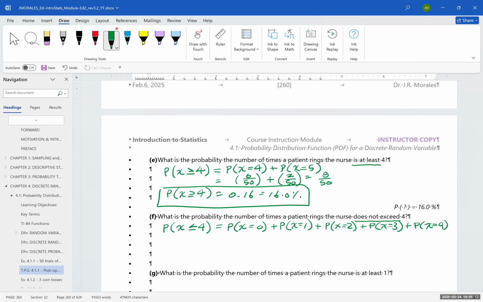That's one way to do it, but I think a shorter way is we know that all of them have to add up to 1,